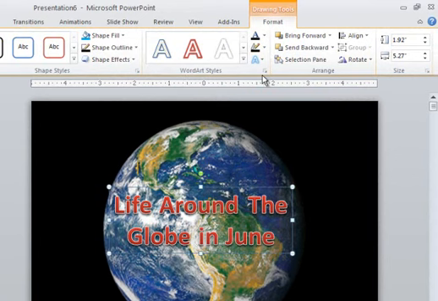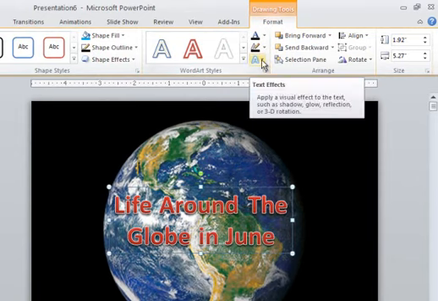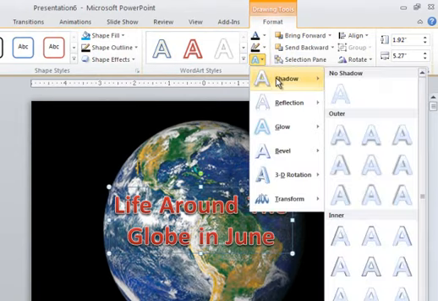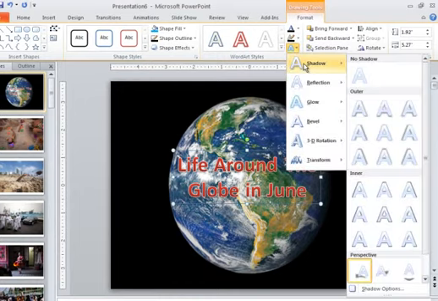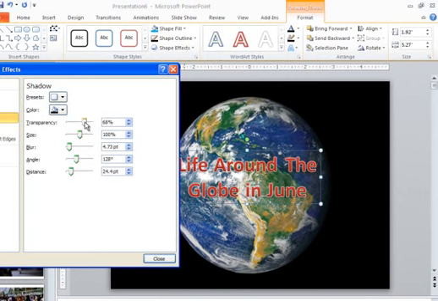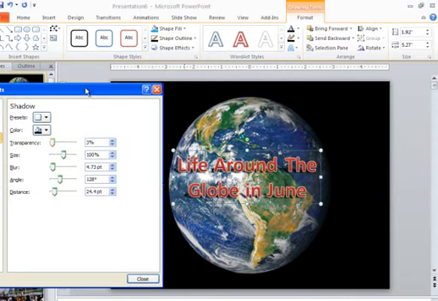Now what I would like to do is click on my down arrow here and click on Shadow, and I would like to have this shadow. So now we have a shadow. You can't really see it real well, so I'm going to click on it again, Shadow, and I want Shadow Options. Now with my shadow options, I'm going to slide over here and change the transparency, make it a little bit darker as you can see it, and the size of it